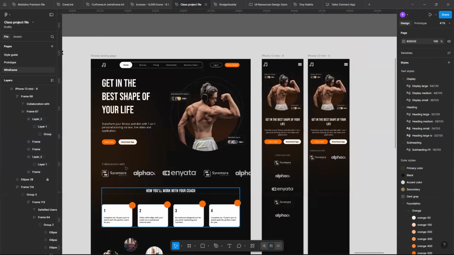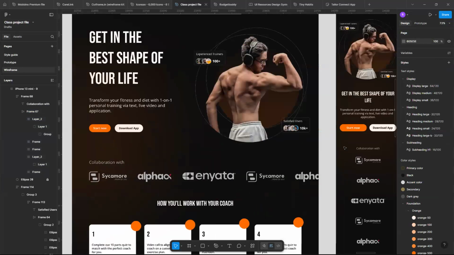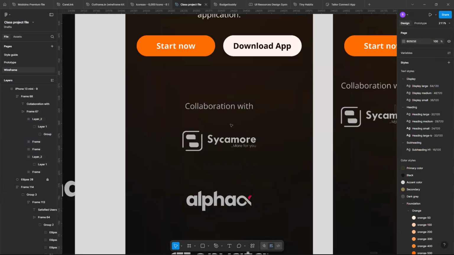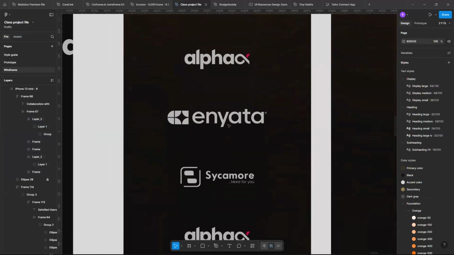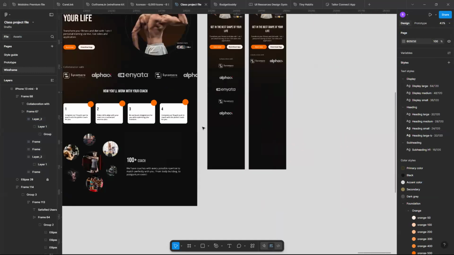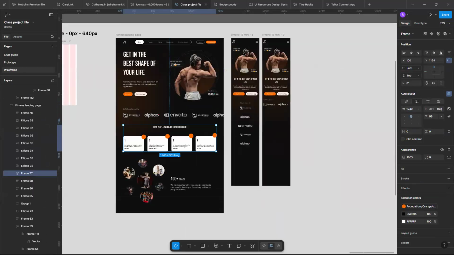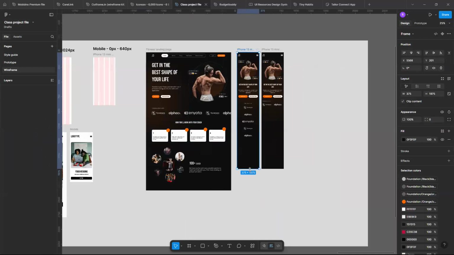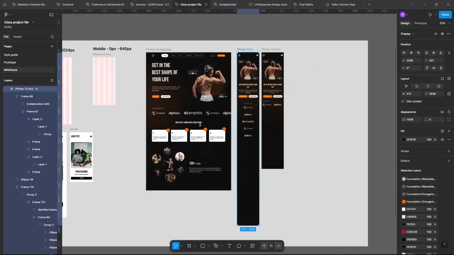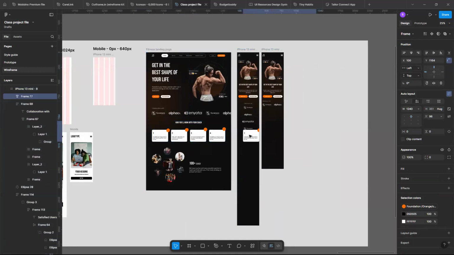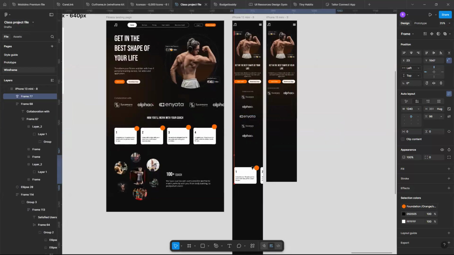So this is simply following the version that is used here. Just simple. But sometimes this is the most common one you see. So collaboration with, just simply scroll up and you see all the companies they are collaborating with at the moment, right? So the same thing with this. Here you're just going to